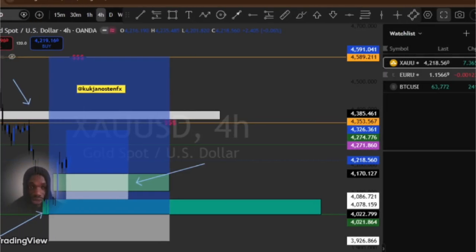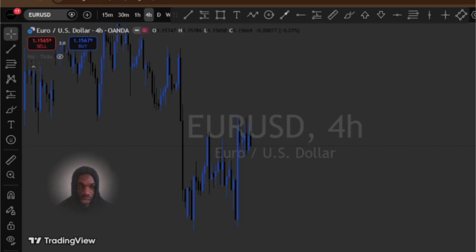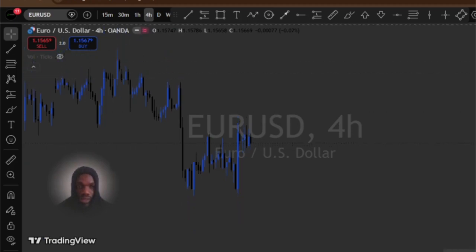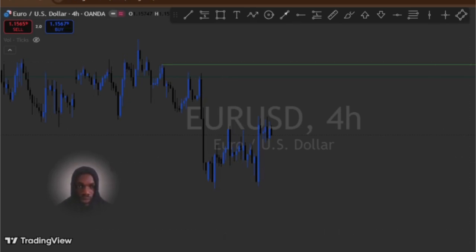This is Euro USD. Let's have a look at Euro USD. Okay guys, we have a look at Euro USD about liquidity. So our topic,